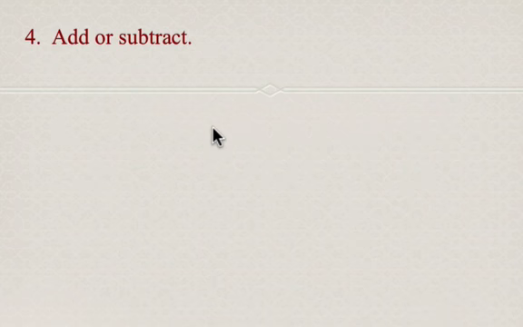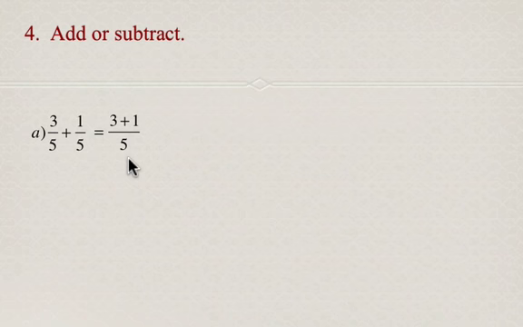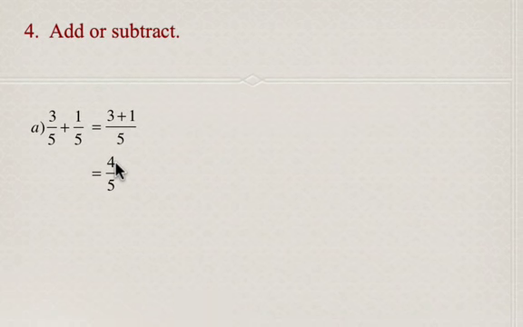Add or subtract. Now, whenever you add or subtract, you need a common denominator. In the first example, we already have a common denominator, so all we have to do is add the numerators and keep the denominator. So 3 plus 1 is 4 over 5, which is 4/5. Next, we have